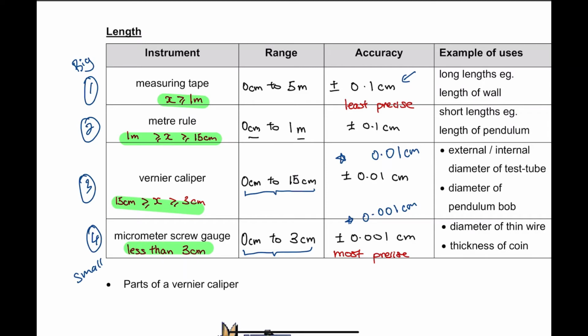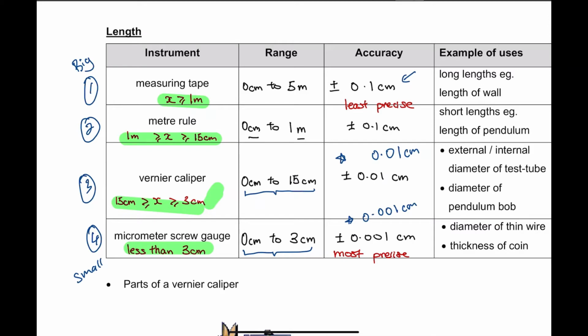Anything less than 3 cm, micrometer screw gauge. Thickness of coin, I use a micrometer screw gauge. Like for example, maybe the width of my watch is more than 3 cm, but it's less than 15 cm, so therefore I use